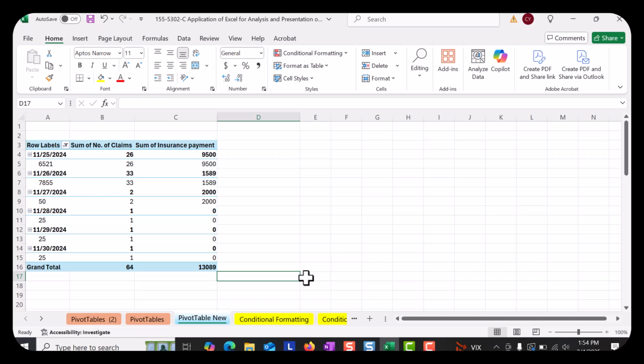So that does conclude how to insert a pivot table. Now let's look at